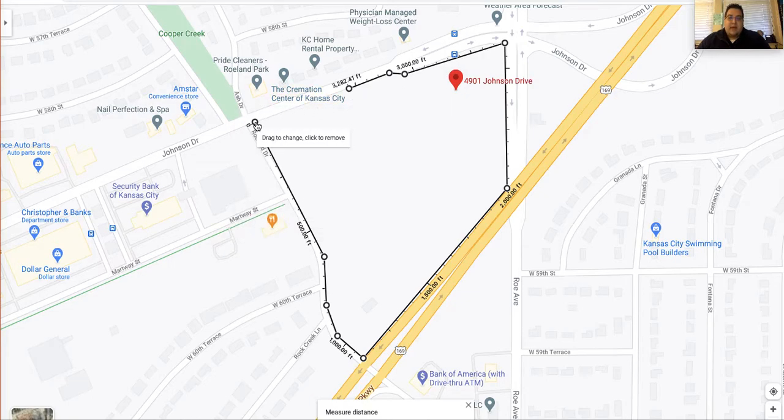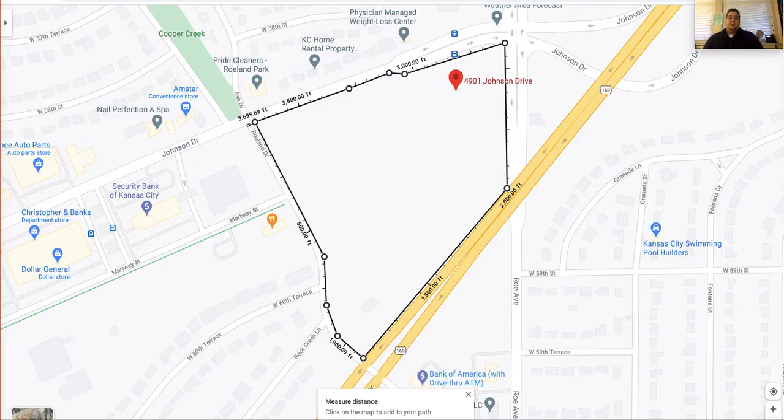Then once you get back, and so to end it and for it to tell you how much space there is, we're gonna click on the point that we started at. And then you'll notice down here, which you probably can't see because it's off of the screen, it says the measure distance thing. It's going to give you a total area and it's going to give you a total distance, okay? So whatever your total area is, right now mine says